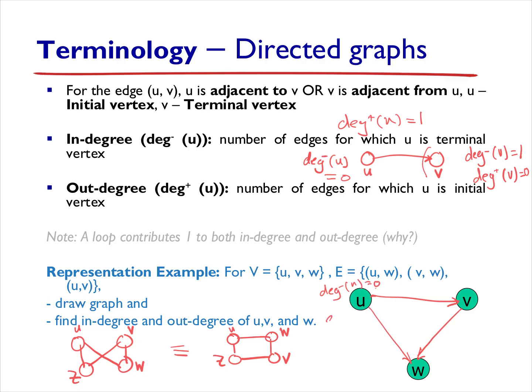How many are going out, degree plus of U, is equal to 2. If you go to V, degree plus of V is equal to 1, one goes out, and degree minus of V equals 1, one goes in. If you go to W, degree minus of W is equal to 2,